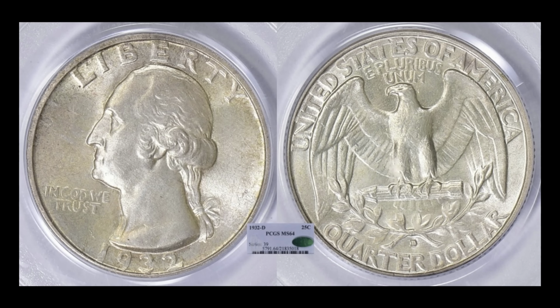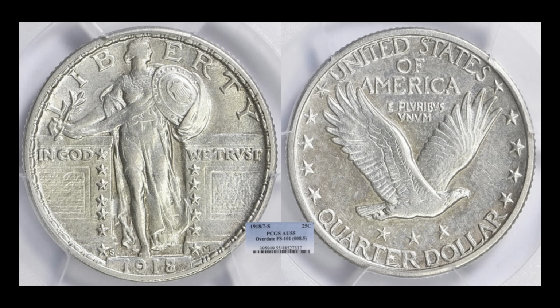If you want to look at the other coin, you could go on the website and look at it for yourself. And then the final one, now we talked about one of these last week, in kind of like what was it, XF40 VF35, or I forgot the grade. Now we have an 1918 over 7S Standing Liberty Quarter, again the premier overdate, next to the Buffalo Nickel one, and then the 42 over 41 Mercury dime and a few others. AU55 this time. Okay, a much higher, more desirable grade for this particular variety. It's the FS101, as you can see,